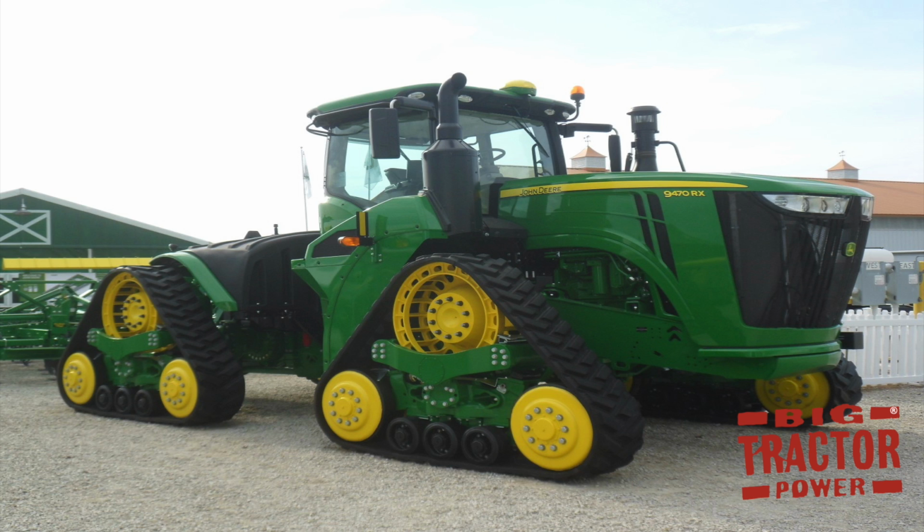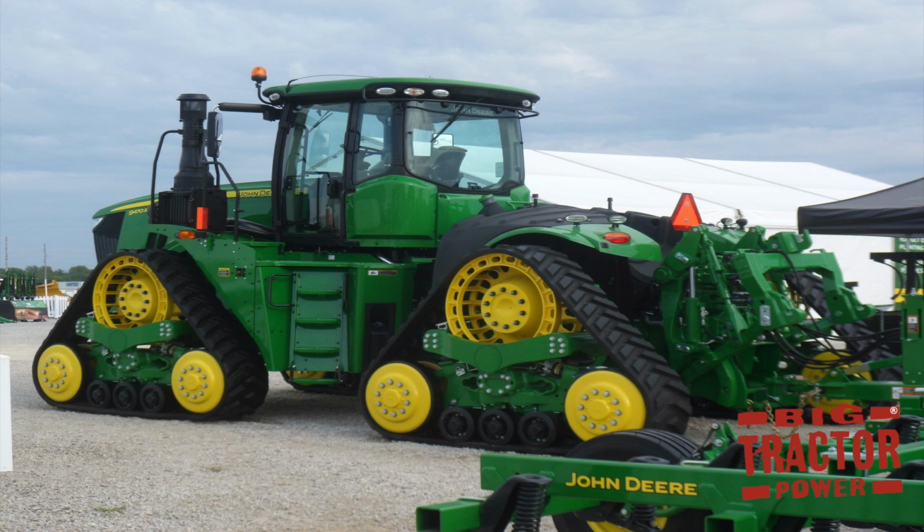They're available on 18-inch and 24-inch belts. There's a 9470 RX on display at the show. The RX narrow track tractors range from 420 to 520 horsepower. If you'd like to see and hear one of these RX narrow track machines in action, visit Big Tractor Power's